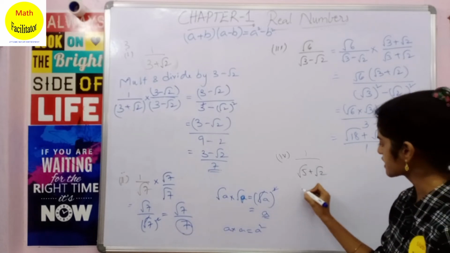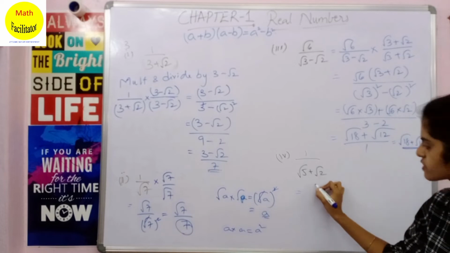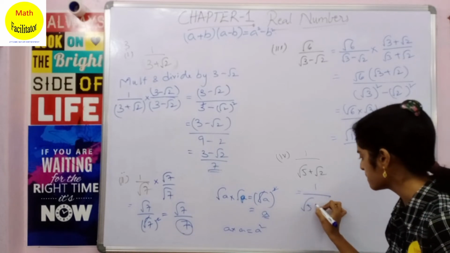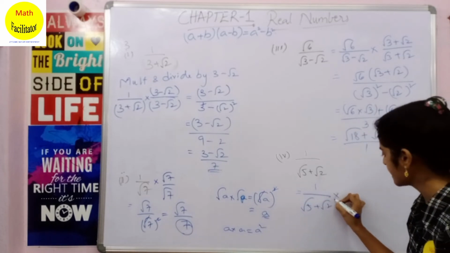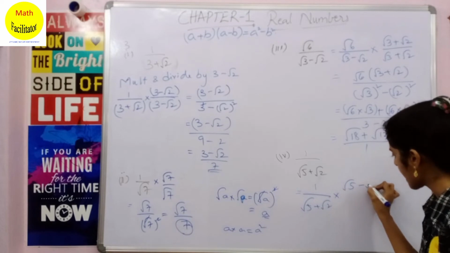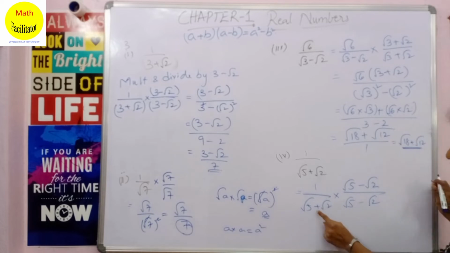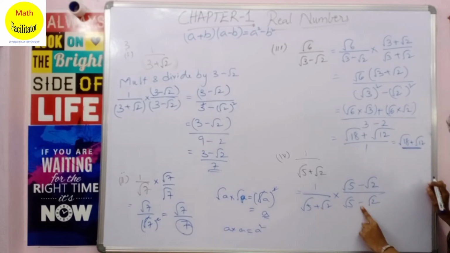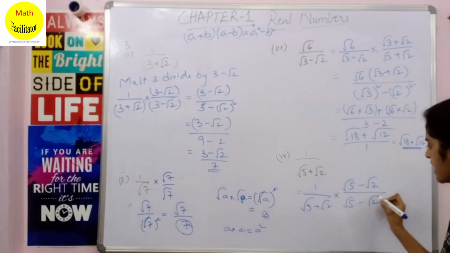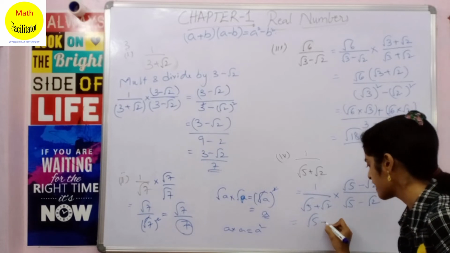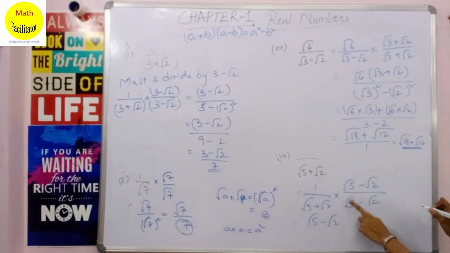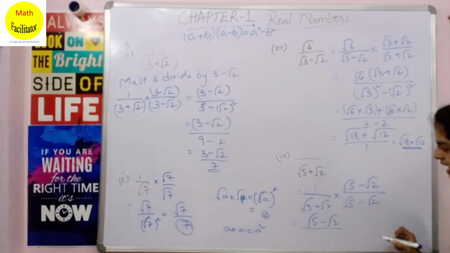Now the next problem, you have 1 by root 5 plus root 2. Now tell me what you will multiply and divide this with. You will multiply and divide this with root 5 minus root 2, divided by root 5 minus root 2. Why? Because you have plus here, you are taking minus. So this is nothing but root 5 minus root 2, 1 into root 5 minus root 2 is root 5 minus root 2, divided by, so it is a plus